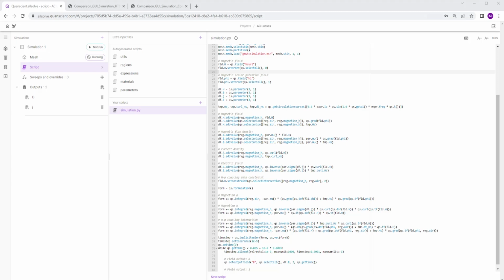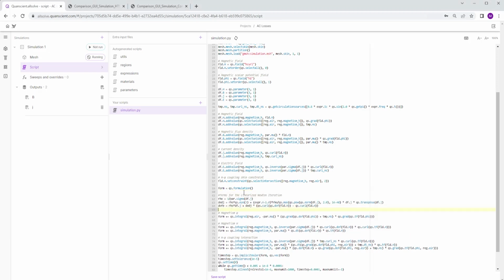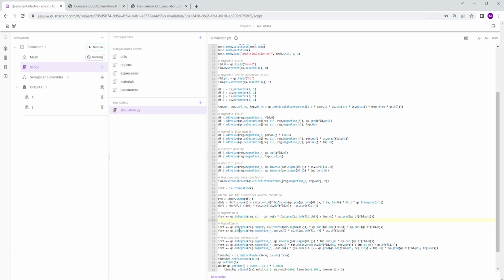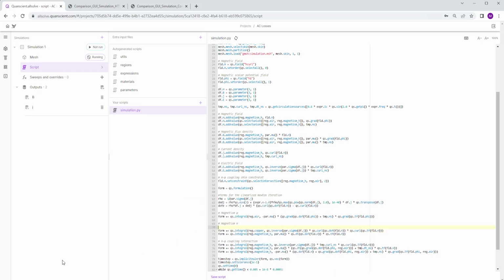So we're going to add those linearization terms. And instead of computing this integral on the whole region, we're just going to compute it on the copper. And then we're going to add another line including the linearized superconducting term.